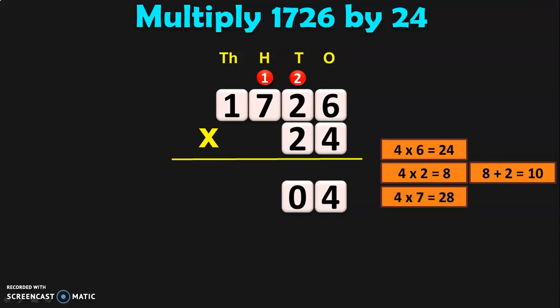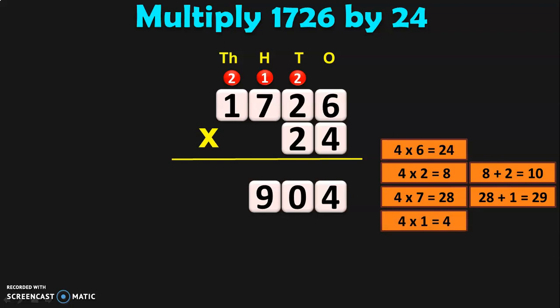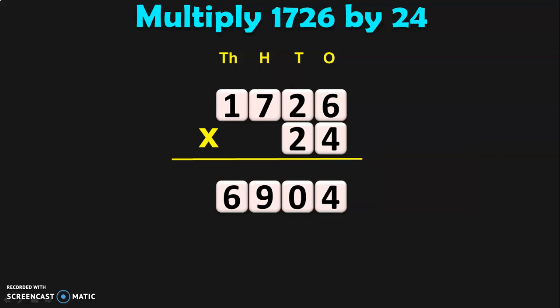Next 4 into 7. 4 into 7 is 28. 28 plus 1 which is being carried over, you will get 29. 9 in the hundreds place and 2 will be taken as a carryover to the digit in the thousands place. Next 4 into 1 is equal to 4 and 4 plus 2 will give you 6. So this is the first part of the multiplication where we multiplied 1726 by 4. Let us remove all these carryovers and calculations now so that next we can proceed with the multiplication of